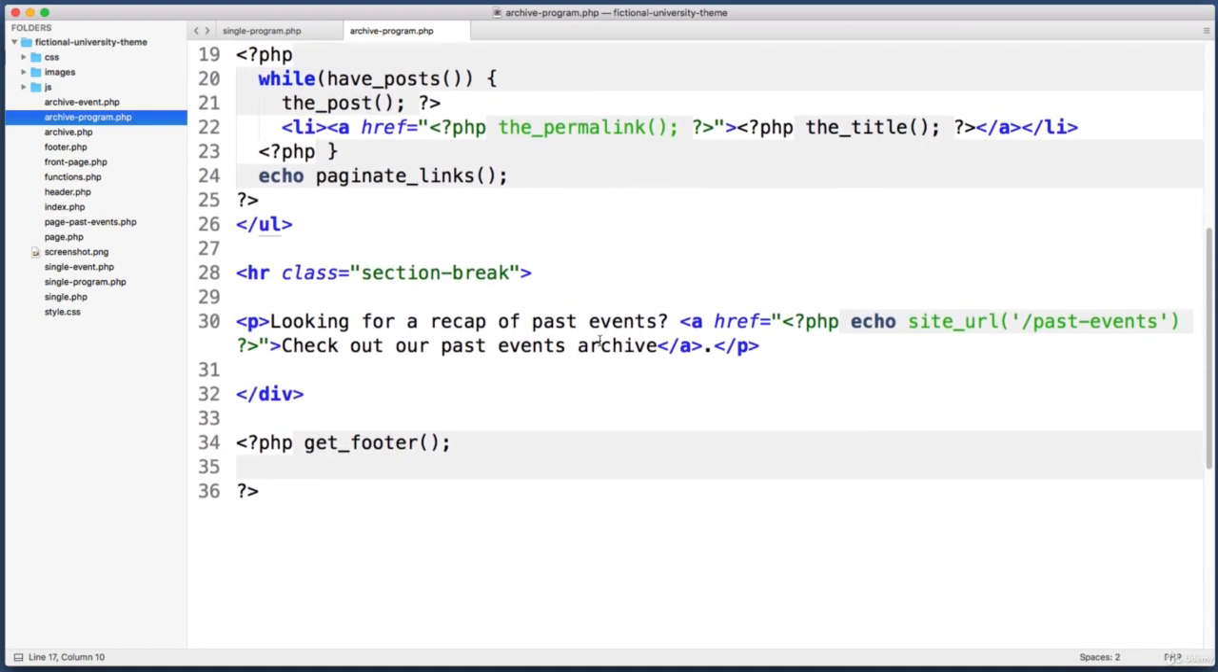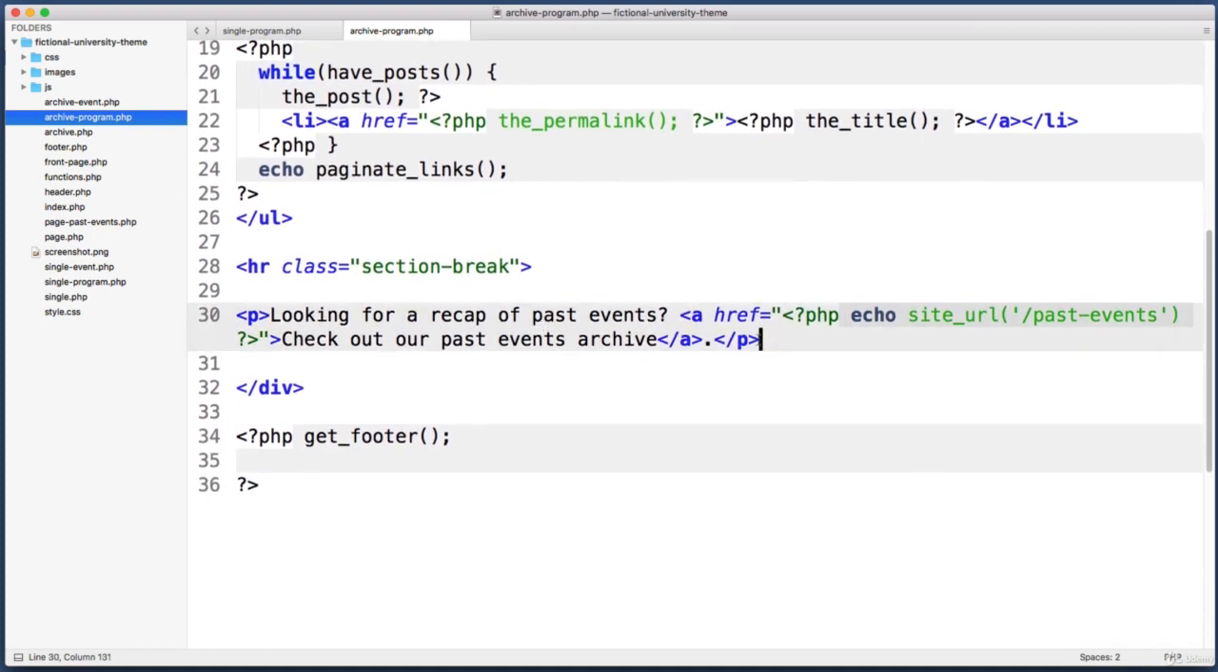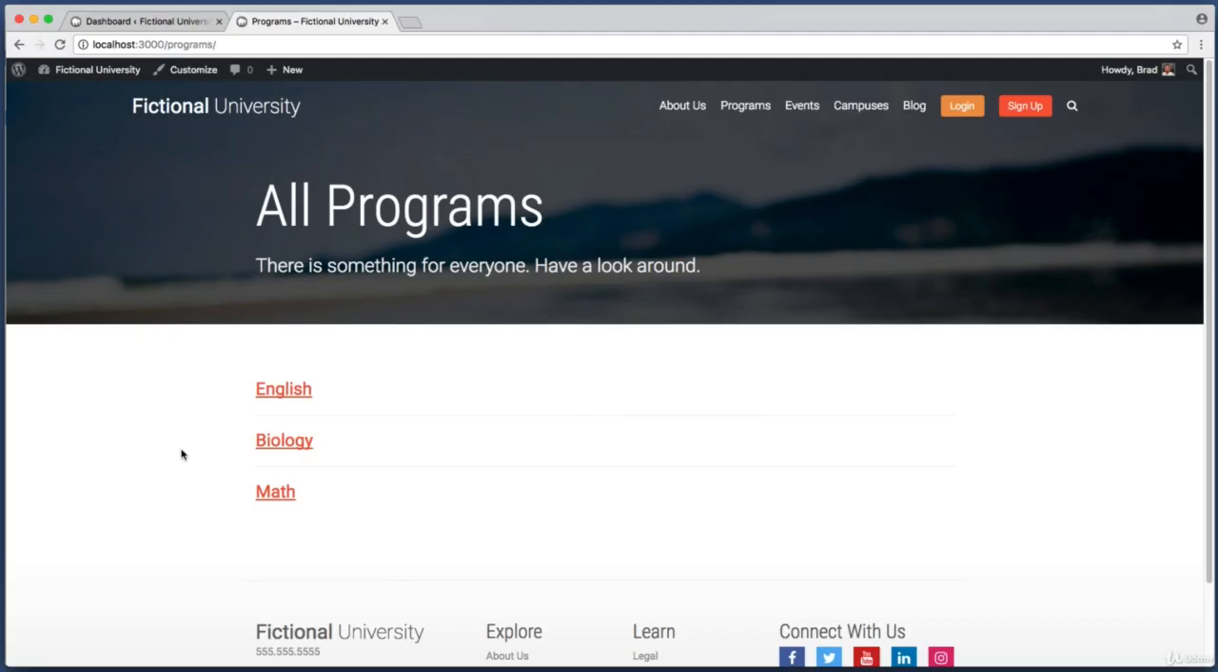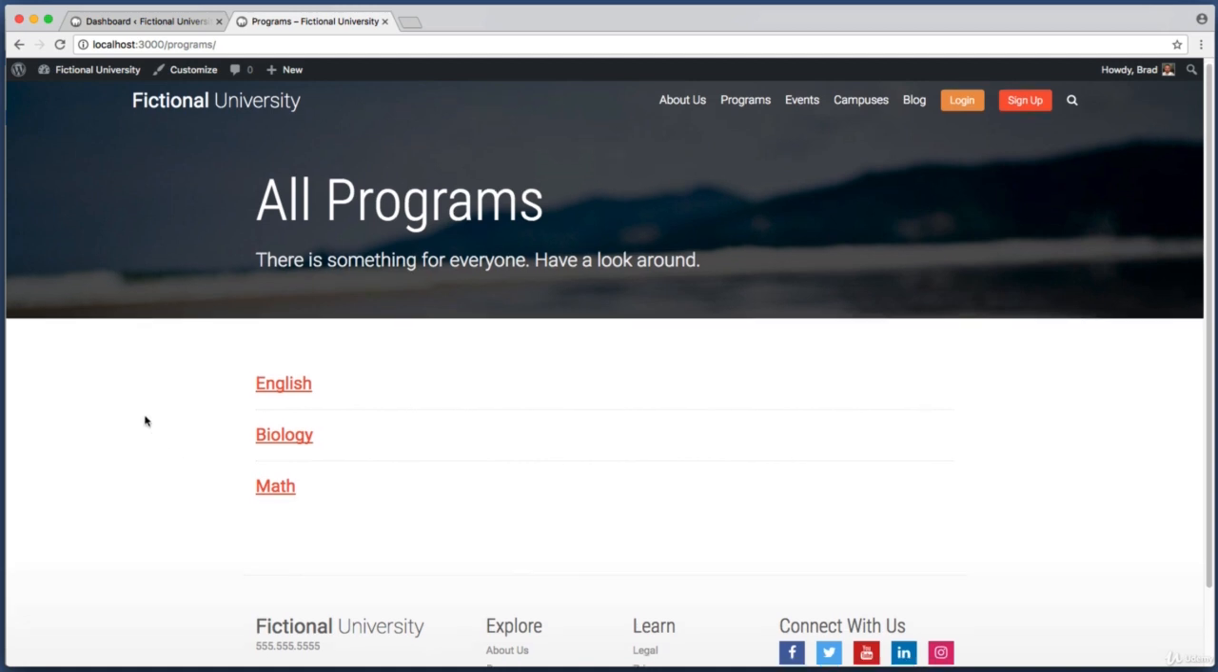So down at the very bottom of our new archive file, we can go ahead and delete this paragraph of text and also the HR horizontal rule element. Next, why don't we order the programs alphabetically? And let's also be sure to set the posts per page to -1. So even if we had 80 or 90 or 100 programs,